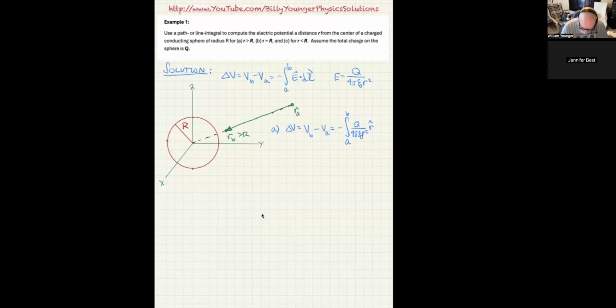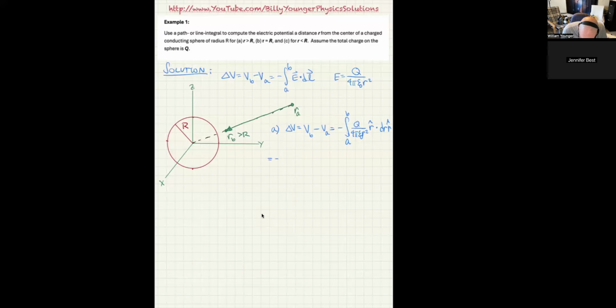I am going to choose to let my range of integration dictate which direction we're going. So that means I'm just going to let the dl be dr r hat because that's in the positive coordinate direction. So I'm going to say dr r hat like that. Now what I can do is I can say the negative integral. And now in this case, since we've decided that we're going to let the limits of integration indicate which direction I'm integrating, then I just need to make sure the other one, the DL, just points in the positive coordinate direction, and I've done that.